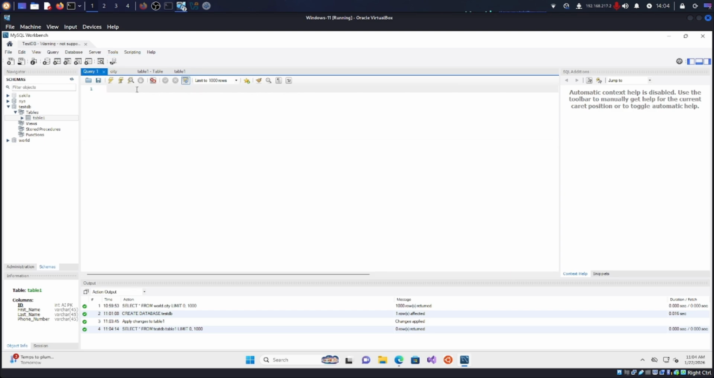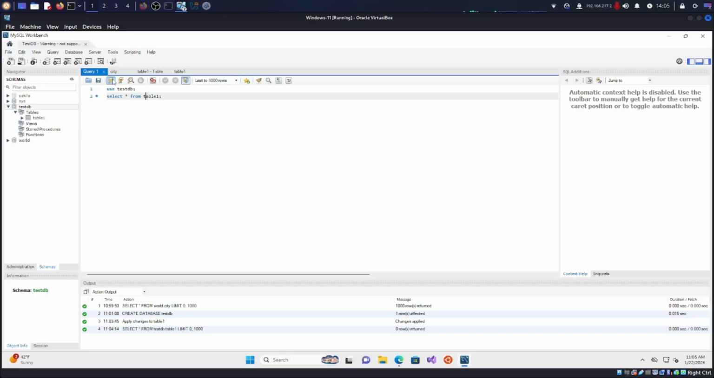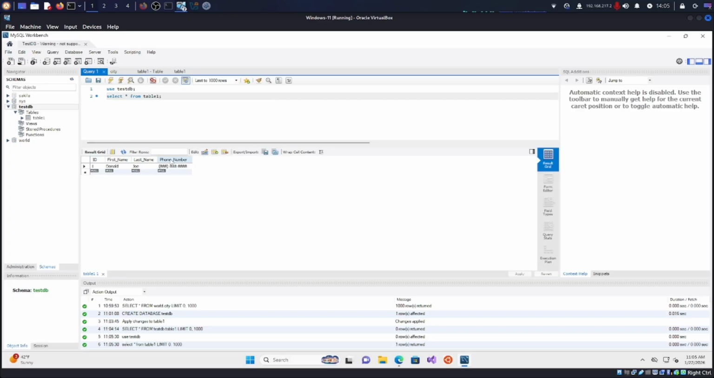So over here in our query, we can begin interacting with our data, and let's say we want to write a script that shows that data. First, we would specify we want to use the testDB database. And then we can do select all from table 1. This is going to move our current session for query 1 into this database, and then select everything from table 1 means it's going to select all fields and